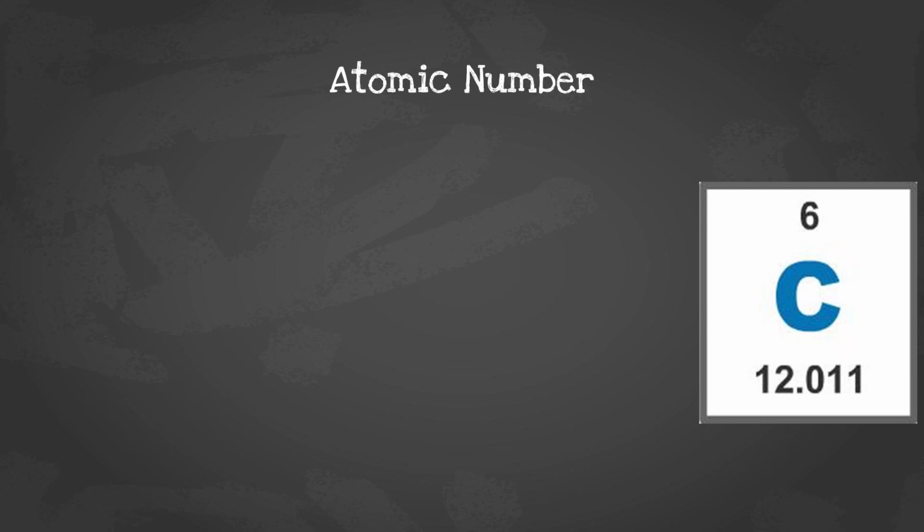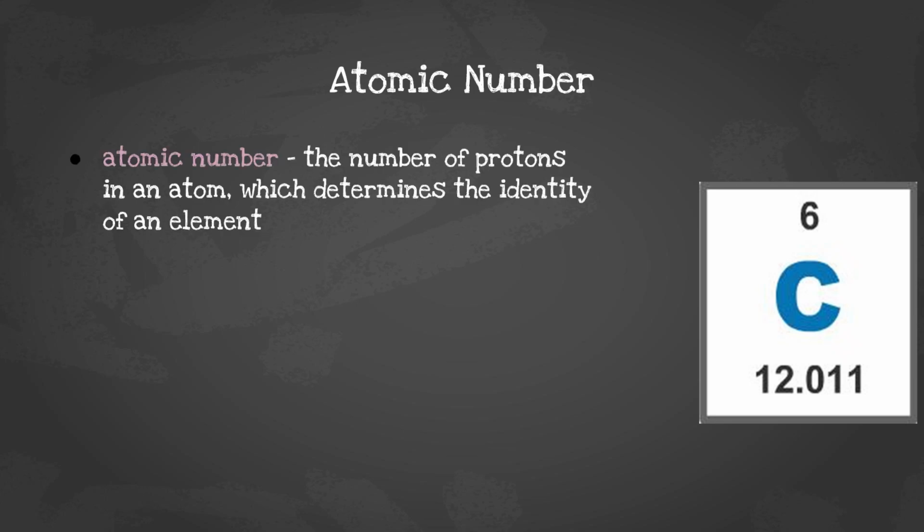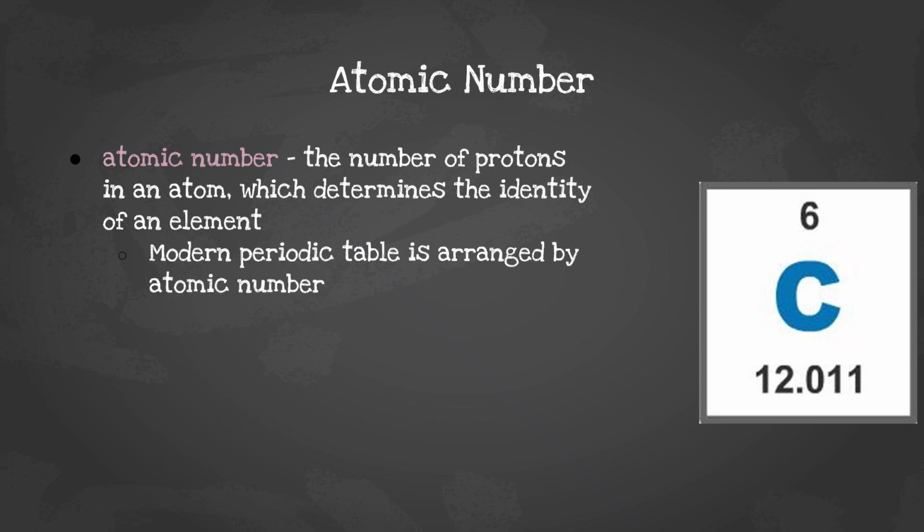All right, so now we have atomic number. An atomic number is the number of protons in an atom, which determines the identity of the element. And the modern periodic table is arranged by atomic number. So we start with hydrogen with 1 proton, or the atomic number 1. Then we move to helium, which has 2 protons and the atomic number 2, and then lithium, which has 3 protons and